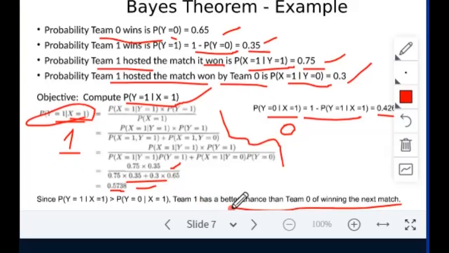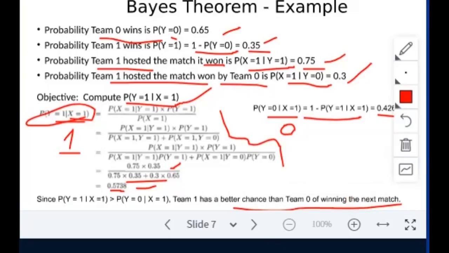It is just a prediction. Classification means it is just a prediction. We are predicting, but we cannot tell the actual thing. In matches, whether a cricket match or a football match, or a World Cup happening, there will be betting. They tell this team will win, that means they are predicting. For such applications, we can use classification. Team 1 has a better chance than team 0 for winning the next match. It is not saying team 1 will win 100%, just a better chance. Is it clear?